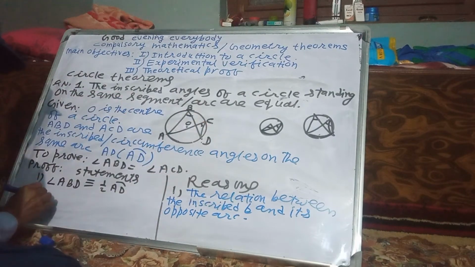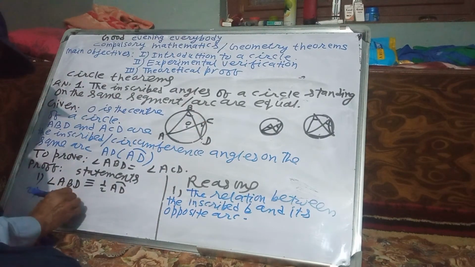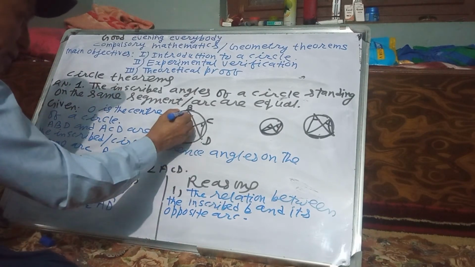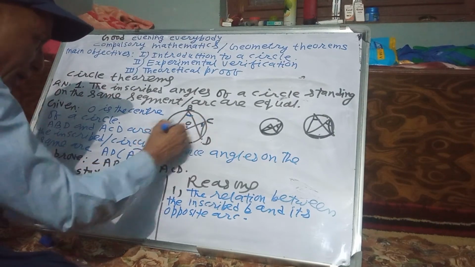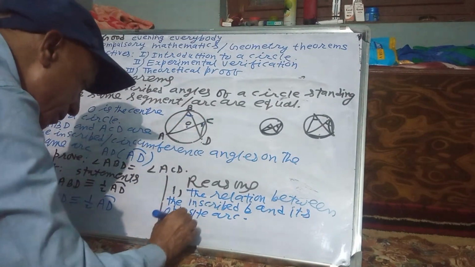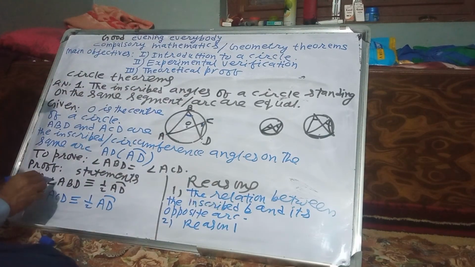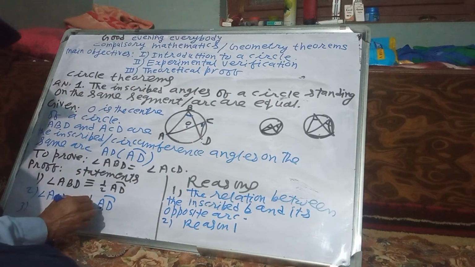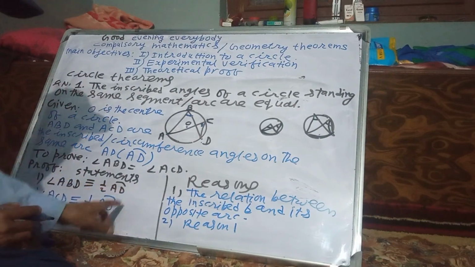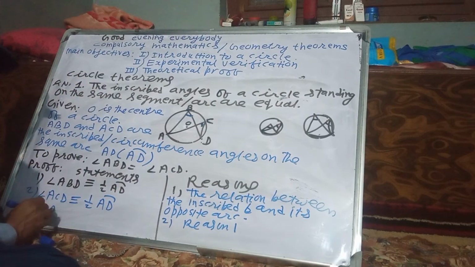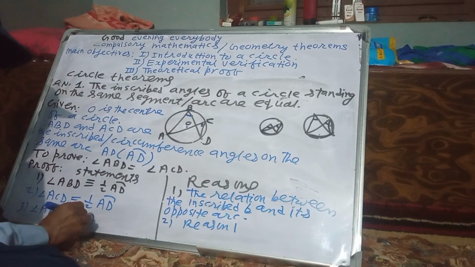In the same way, angle ACD is also equal to half of AD. This angle equal half of AD. Reason 1: the value of ABD and value of ACD, both the values are same. ABD half AD, ACD half AD. Since the right side values are equal, the two angles are equal. ABD equal angle ACD